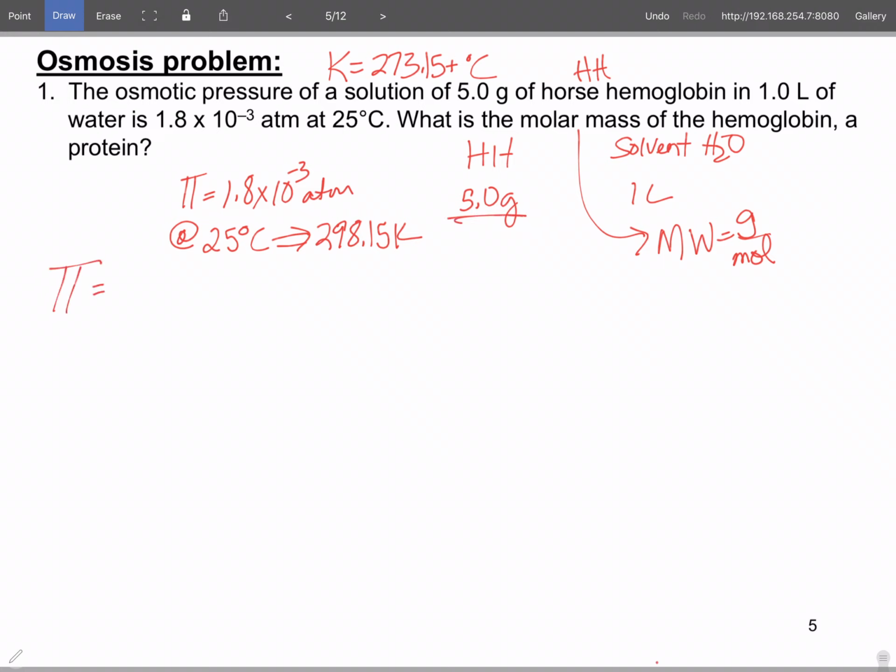Pi is equal to iMRT. This is a molecular compound. i is equal to 1 because it's molecular. And if you don't know, protein is a molecule. Okay? So we're told that we have 1.8 times 10 to the minus 3 atmospheres. And i is 1. So we're looking for our molarity,